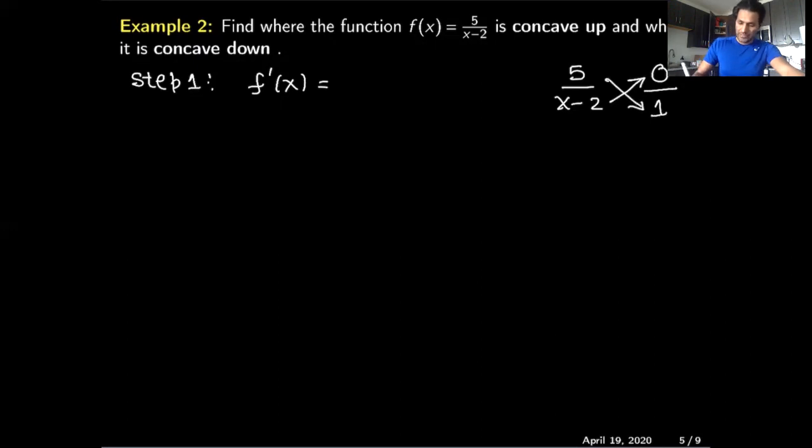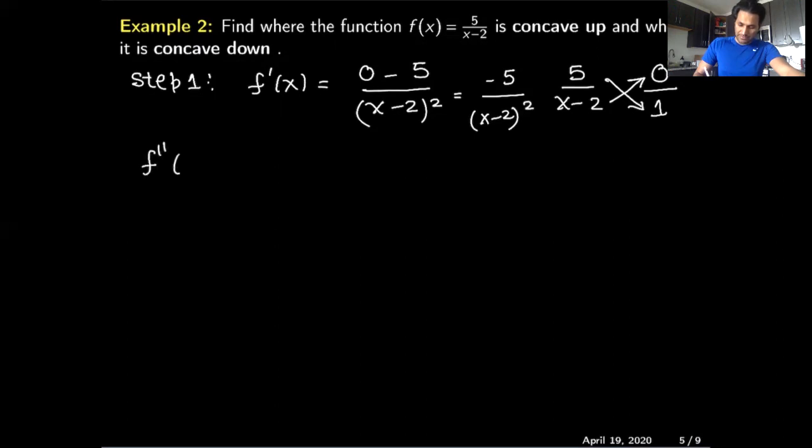So low d high, this multiplied by 0, everything is 0. So 0 minus high d low, which is 5, divided by (x minus 2), the square of the low. So if I simplify it a bit more, this will be minus 5 over (x minus 2) squared. Now, when I calculate the second derivative, I have to use the quotient rule again, but this time